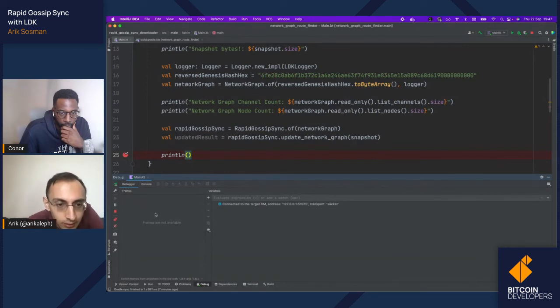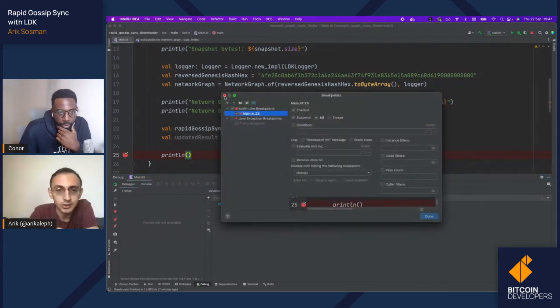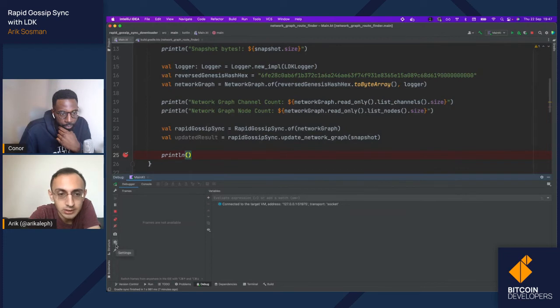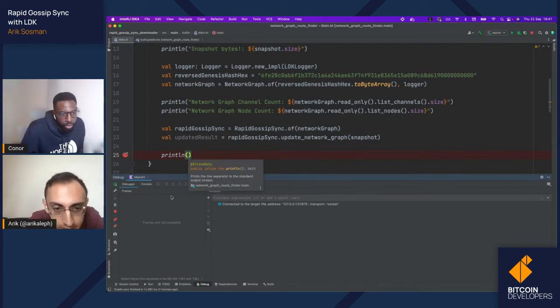Why don't you have any variables there? That's a good question. View breakpoints is not it. I want to look at the network graph. Can you evaluate expression, or add a watch here? Under variables, you see this little text field where it says evaluate expression, in the bottom window on the right-hand side.